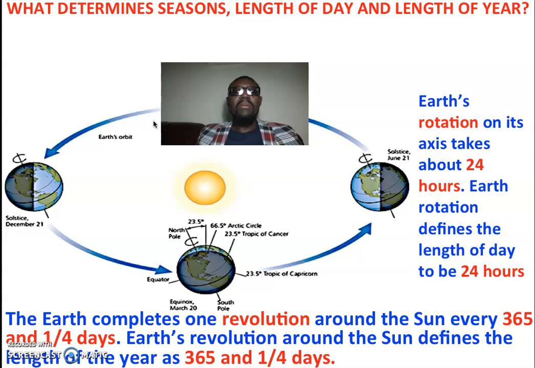Okay? So what determines seasons, length of day, and length of year? All right. So if you look at this diagram here, the Earth is tilted. So at this point, it means it's December, and there is winter in the northern hemisphere. Earth's rotation on its axis takes about 24 hours. Earth's rotation defines the length of a day to be 24 hours. Earth completes one revolution around the sun every 365 and a quarter days. Earth's revolution